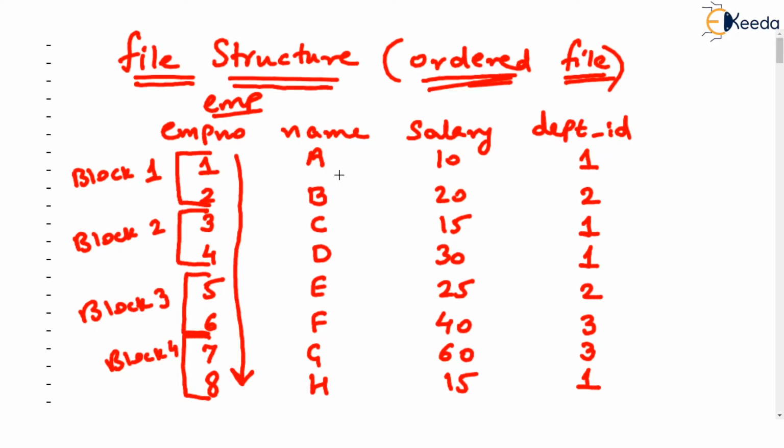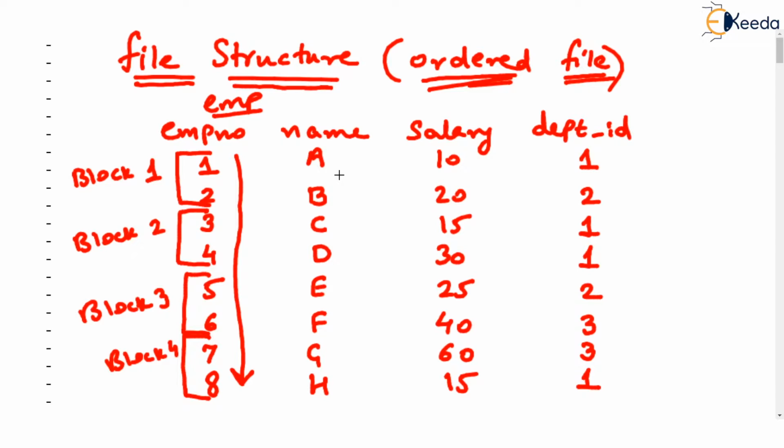Also you remember that whenever we want to read one record from this table, suppose the DBMS wants one record from this table, it has to access the hard disk, isn't it? Because the records are stored on the hard disk. But then the DBMS is not going to read only one record from the hard disk. It will always read an entire block from the hard disk. So it is always a block read or block write which is happening.